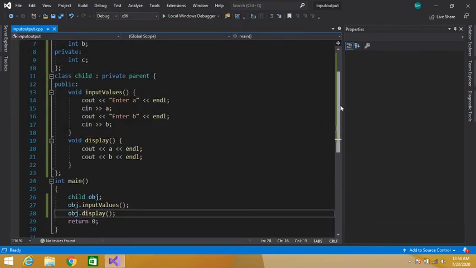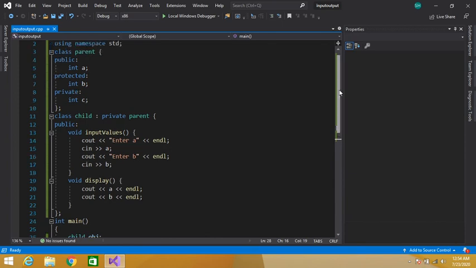So we have accessed our public and protected members of the parent class in our derived class, but we cannot access this private data member because private data members are only accessible within the parent class. And in private inheritance, all the public, protected and private data members of the parent class become private data members of the child class.